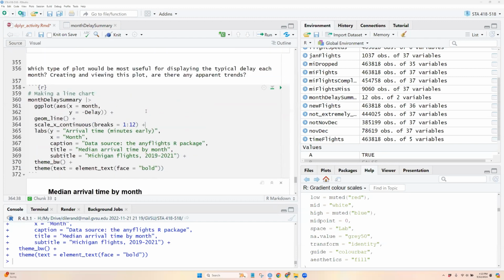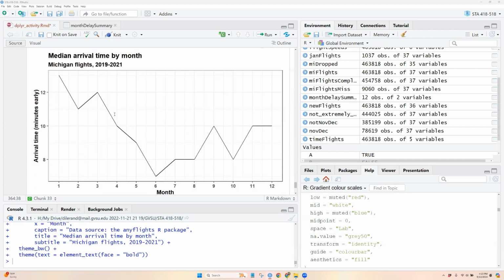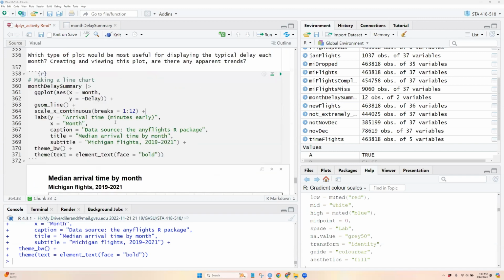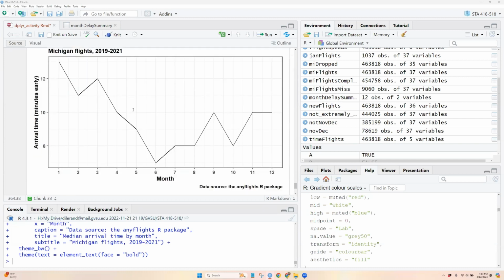So removing the scale fill manual layer also because it was unnecessary, and using a line chart here. This was a good overall visualization for seeing this temporal trend in the median arrival delay, or how early the